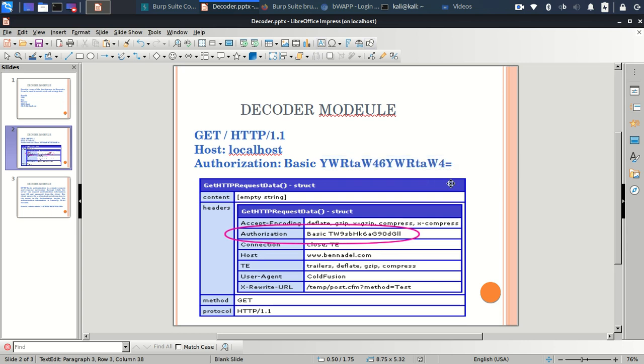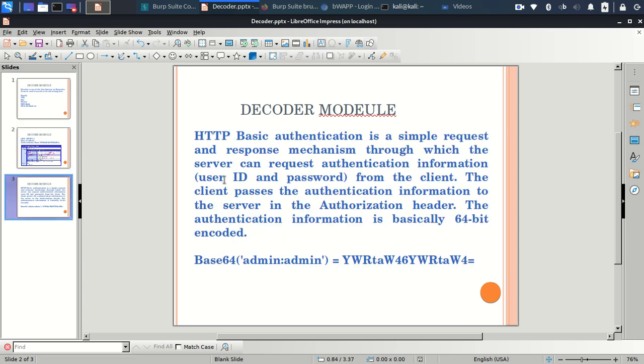So with the help of Burp Suite, this string can be decoded, and generally it is a username followed by a colon and then the password. I'll show you this slide.